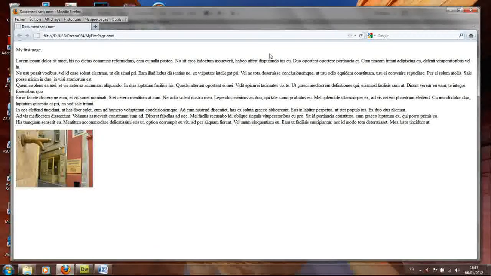And then a new window appears, and this is the result of the page viewed in my browser. Okay, then I close this window,